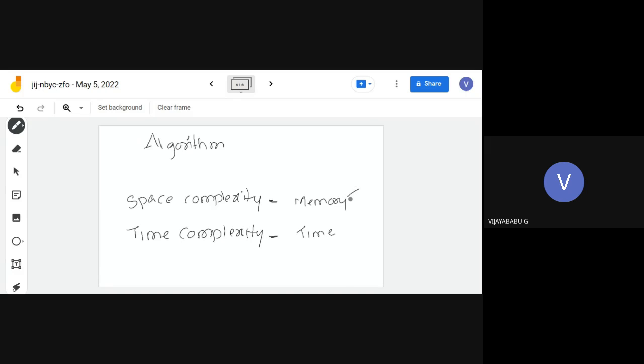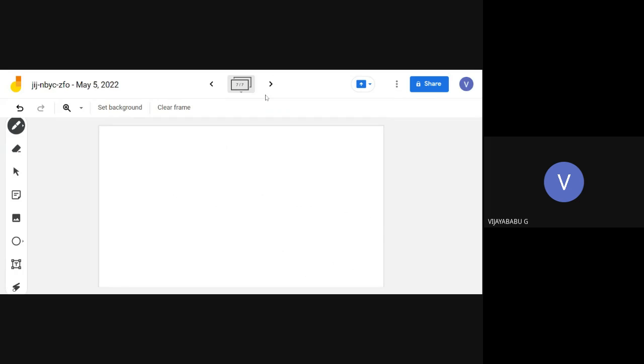As I mentioned, we have instruction space, stack space and data space. And when you are considering the time, there are two types of things we have to consider: compilation time and runtime. Once the program is successfully compiled, there is no need to compile once again. That's why our focus is on runtime. Now, initially we are starting with the space complexity